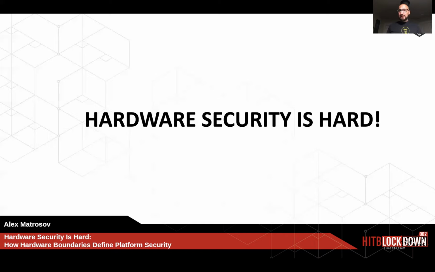So I would say the modern threat modeling process is very difficult, and it should involve many people from the company who are building and working on this project related to the device, and without this, it's very hard to make it secure.